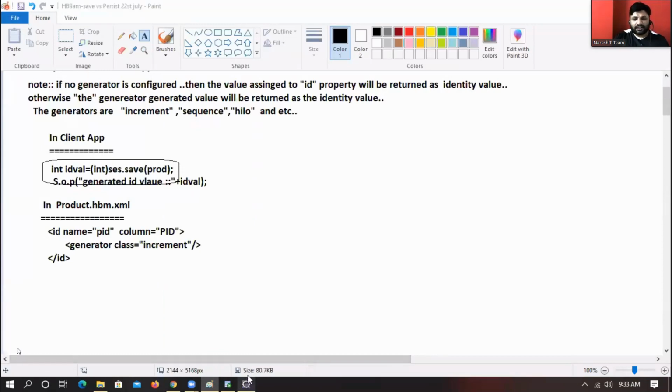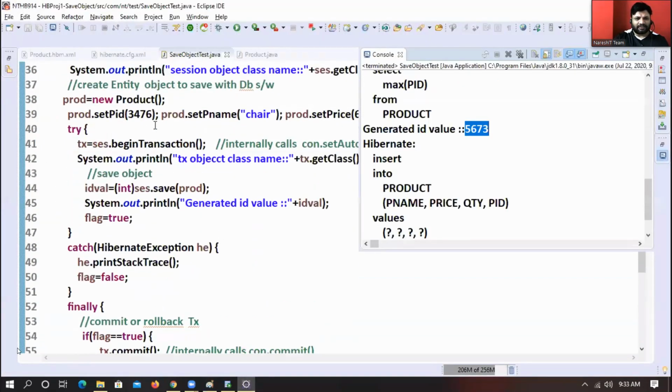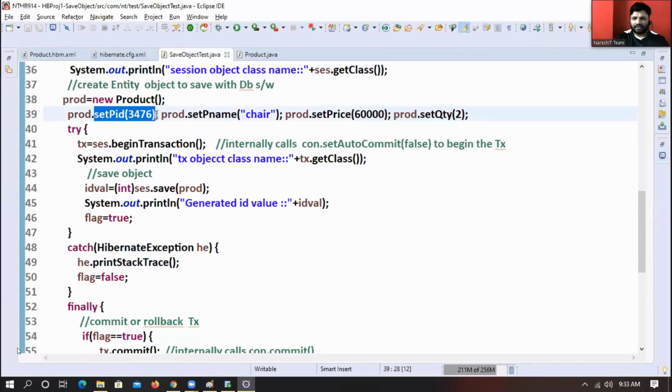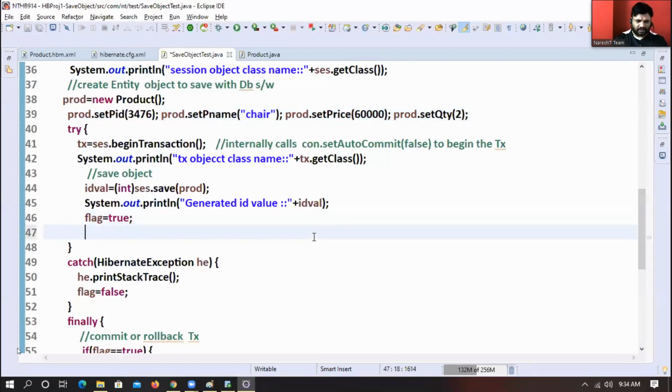Sir, already you have kept some data here, right? Okay, boss. Already that will not be considered now. It will be overridden with the newly generated identity value. How can you say that? Listen,